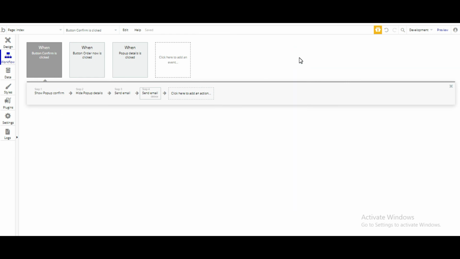So this is how we send emails in Bubble. It is very easy. You just have to link a few things here in our workflow and we are good to go. So in our next video, we'll talk about responsiveness because we want our site to be fully responsive so that it looks good in the mobile version as well. So we'll have to figure it out and see how it works.